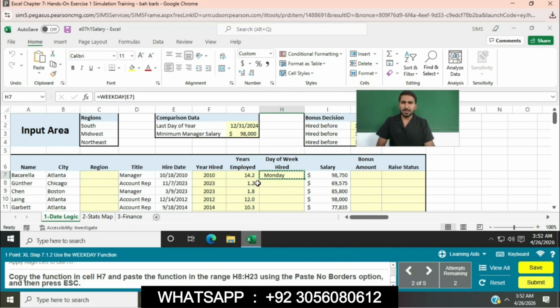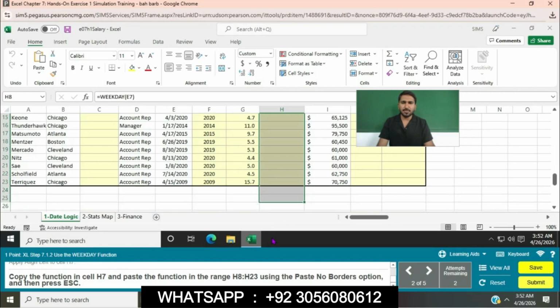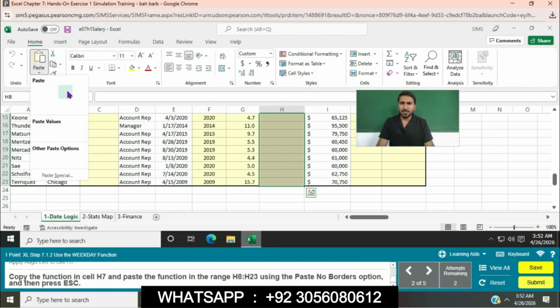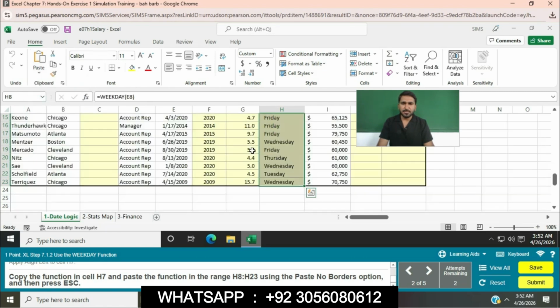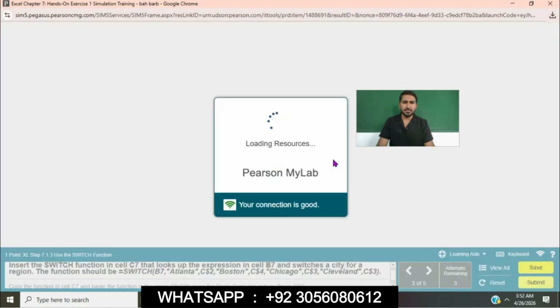Select H8 to H23, go to the Home tab in the Clipboard group, go to the Paste button and choose the Paste No Borders option. So question number 2 is completed.